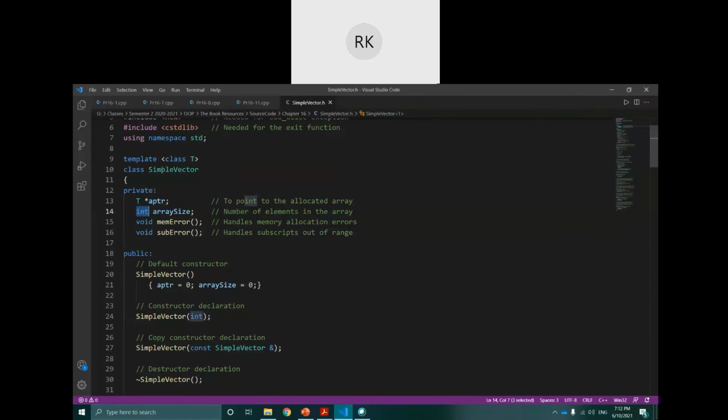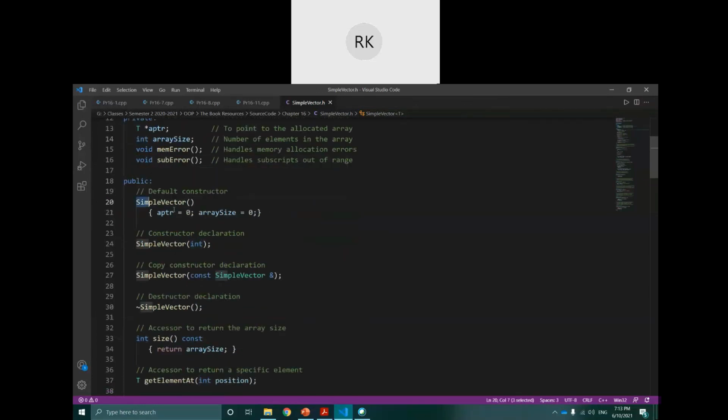What does it mean? It means that if you want the pointer as integer and the array also integer, but this is, you see, the array size. So the array size will always be an integer. It should not be float or character or double. So if we make the mistake of changing it to T, it means automatically the array size value will also be changed, and we know that array size must be a whole number. This is why we didn't use T here.